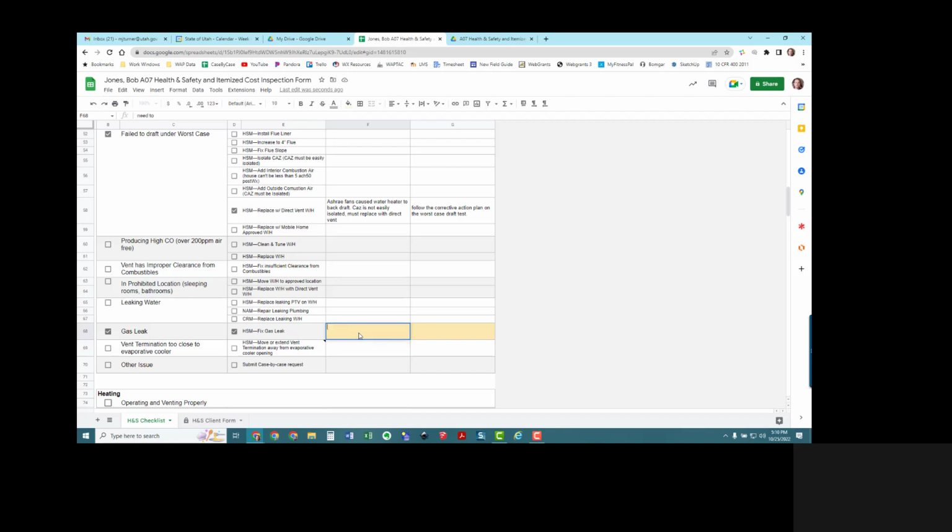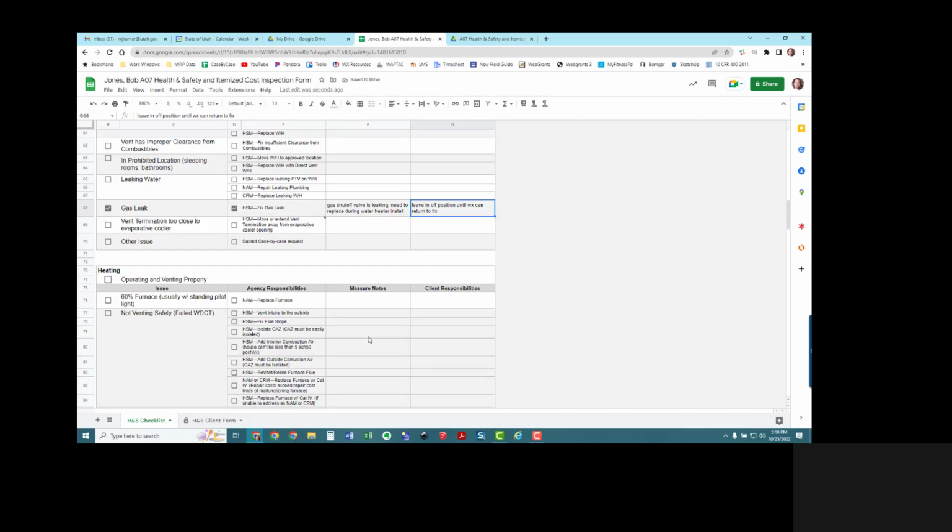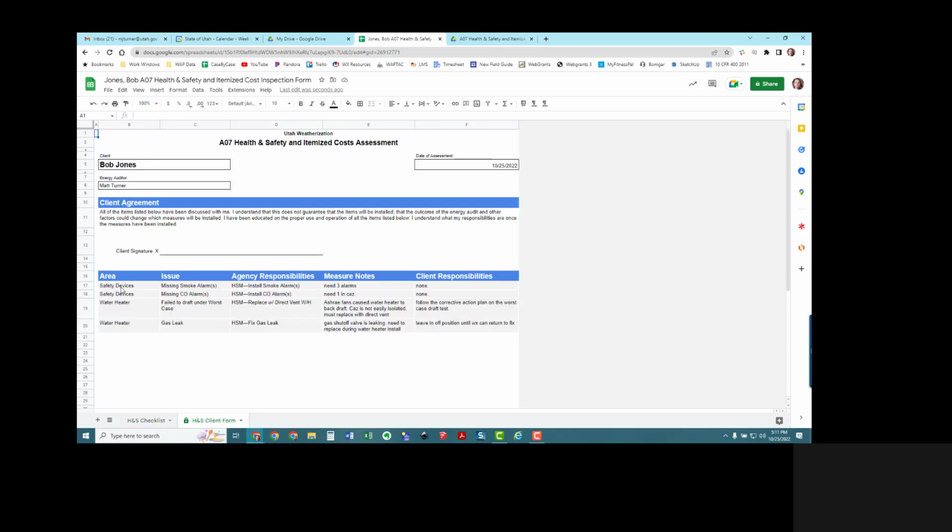It's because it's leaking. And the client may have no responsibilities, or you may have told them to leave it turned off until you can come back to fix it. So now, as we've been indicating all these things, what happens is it's just automatically pulling things into the client agreement